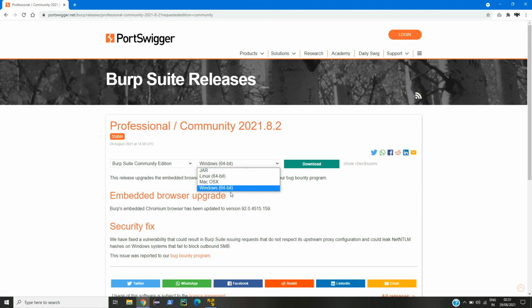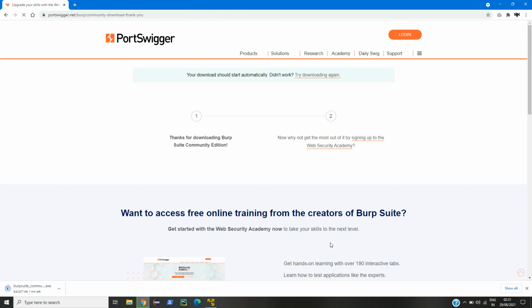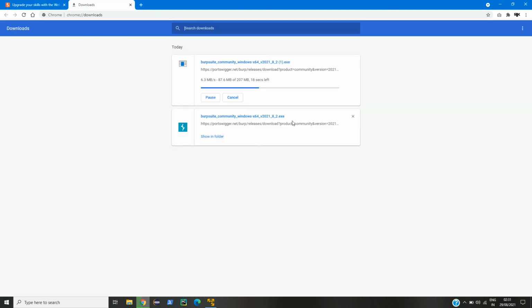So in our case, if we want to download for Windows, click on Windows and then download it. It will take a few moments to download, and just like the other software we download and install, in the same way we can install this Burp Suite as well, as I have already downloaded it.